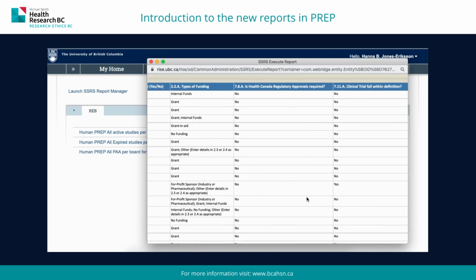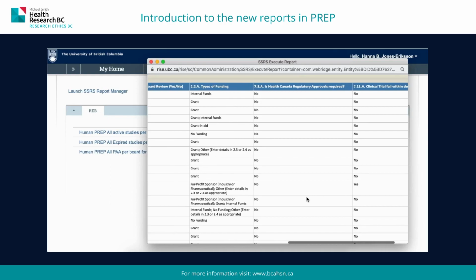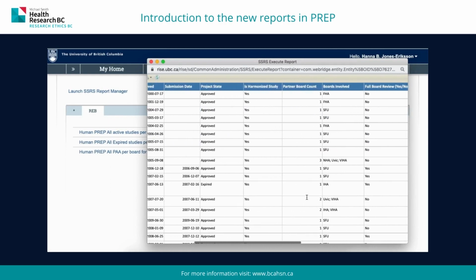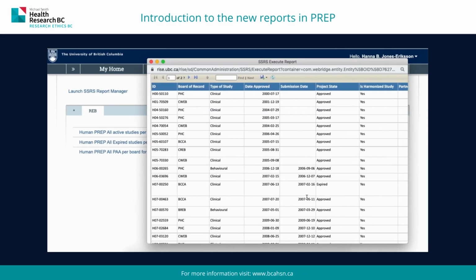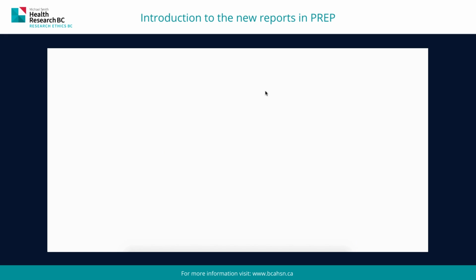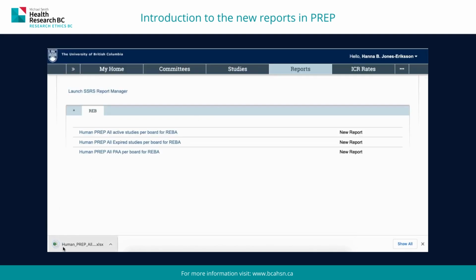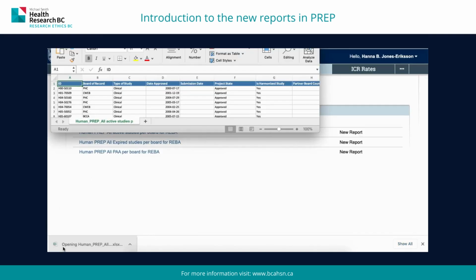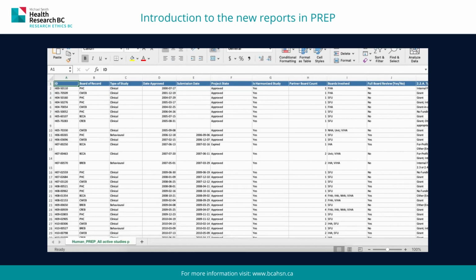To sort this information into reports for your REB or institution, you can export the report in multiple formats, the easiest of which is Microsoft Excel. So if I open this in Excel and I turn it into a table,